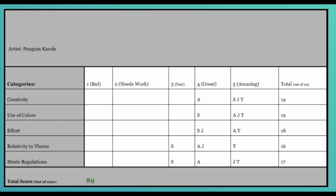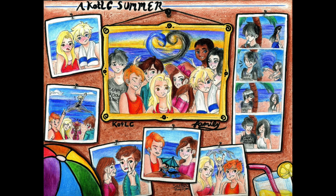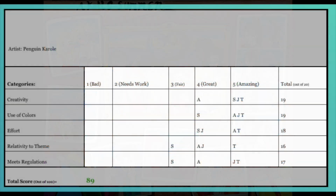Effort was an 18 out of 20. Which is, again, very, very good. You must have spent so much time on this. Every intricate detail. This probably must have taken like 12 hours or something, or more than that. Each picture, each shading, so much effort. Great job. Relativity to theme,